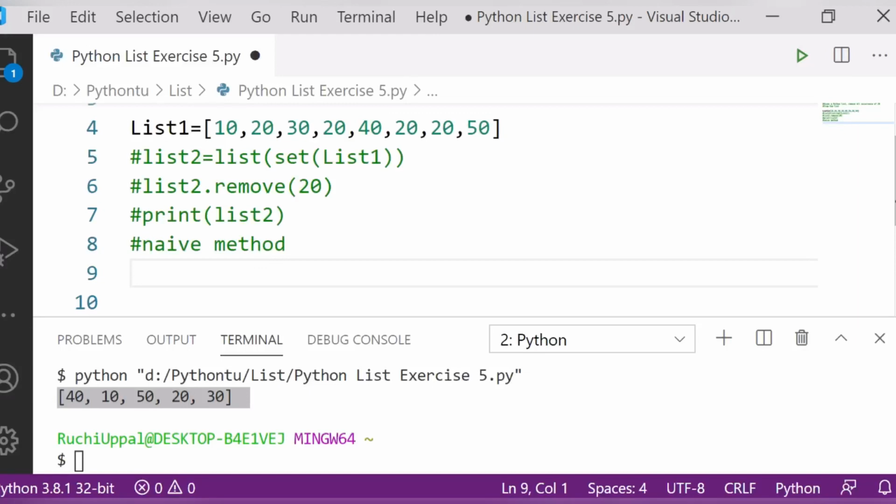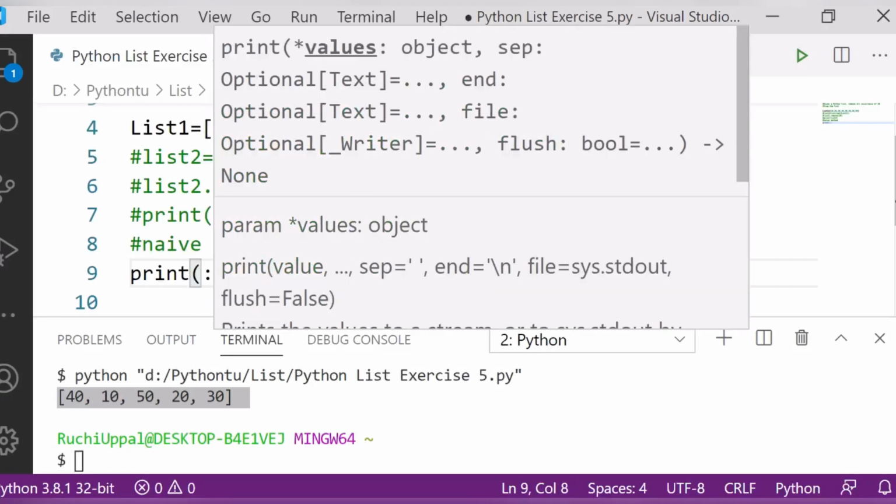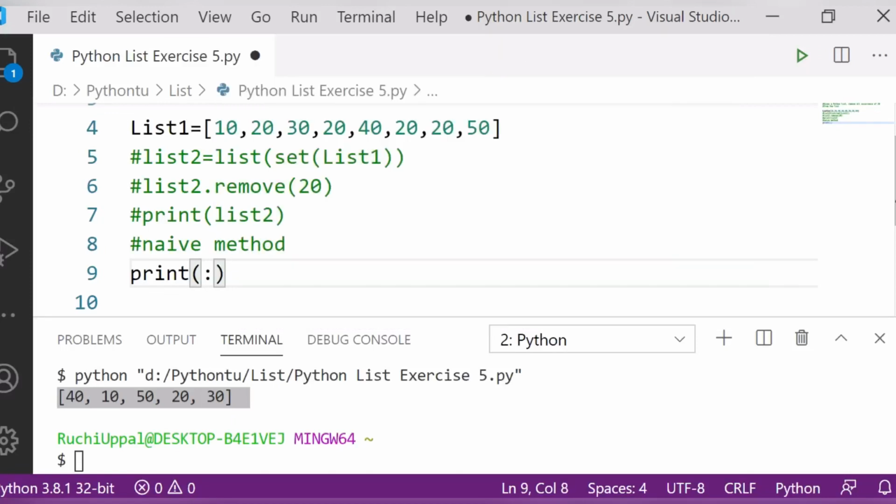To remove the duplicated items from the list, we will use which method? The naive method. So let's write down print, and then I will write here, the original list is.